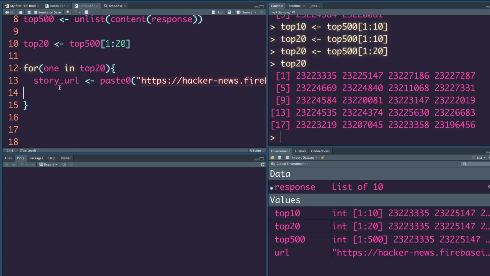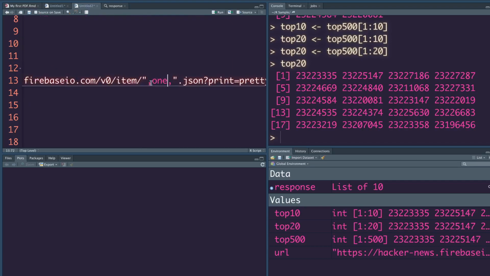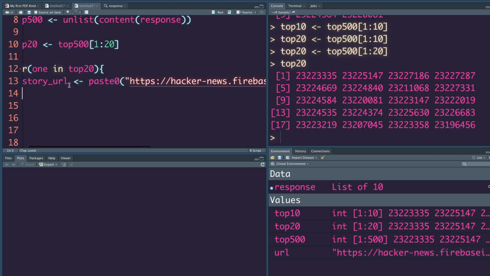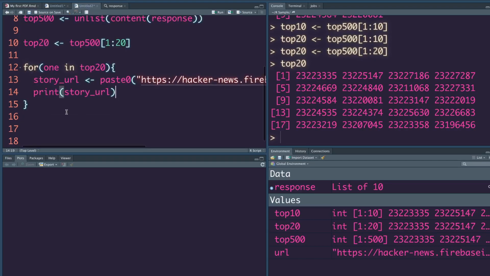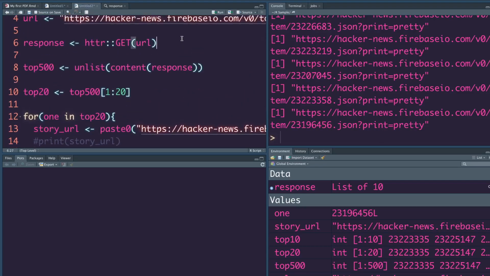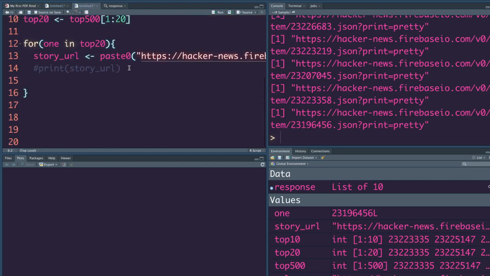So for i in top 20, which means we are going to call it i because the variable is i. At this point we have stories. If you want, we can just simply print story URL and check how it looks, whether it looks proper. So run it, you can see that you have got the story URLs. You have got all the URLs as a different list. What we need next is to get a response for it. So we'll copy the same thing, it's easier if you do it that way, a response, and we want story URL, let's call it story response, and we can get it.